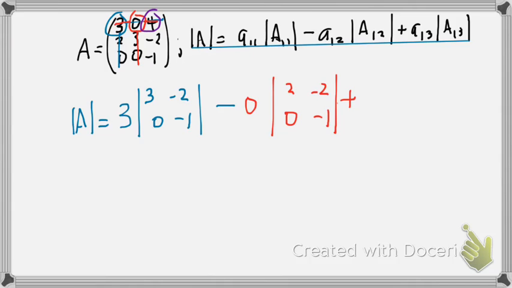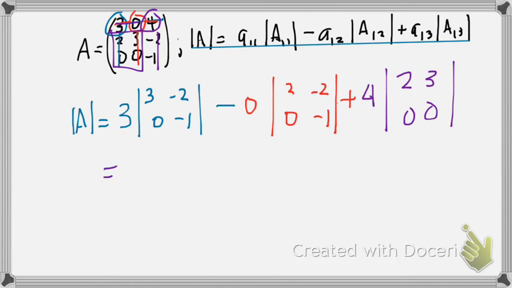We look at the A13 term, which is 4, and get rid of its row and column, and we're left with this resulting matrix here. And now it is easy to find the determinant of a 2 by 2. We've seen this before. So we have 3 times negative 1 minus negative 2 times 0,